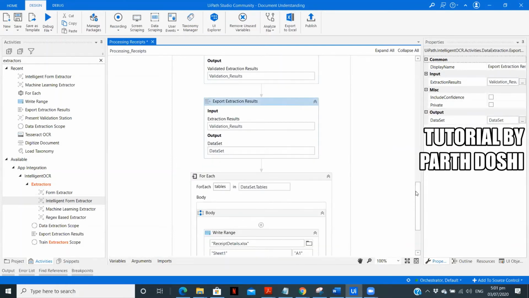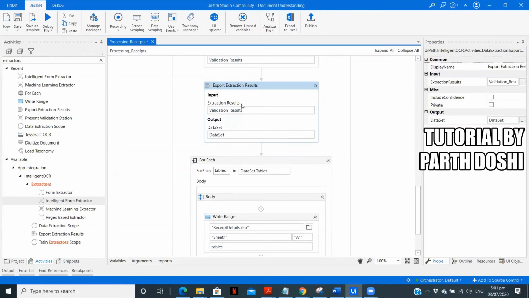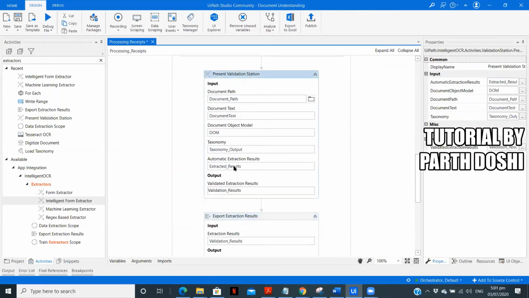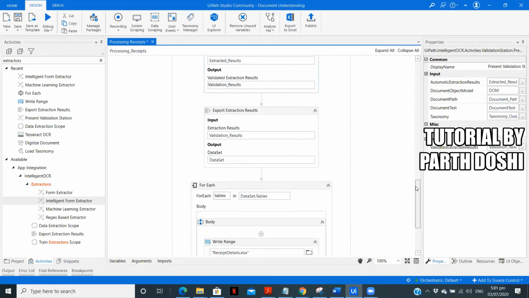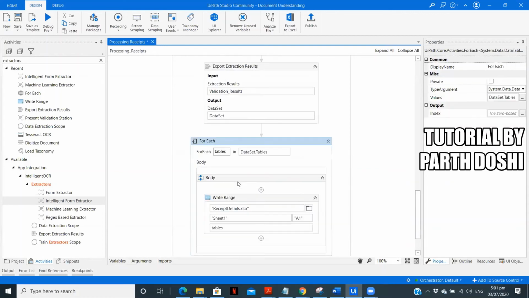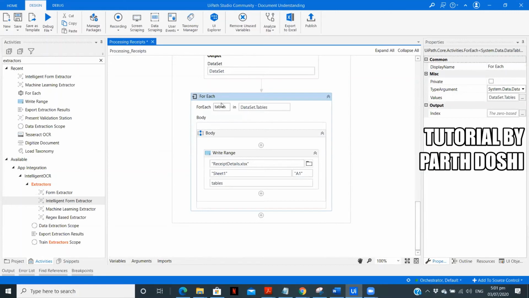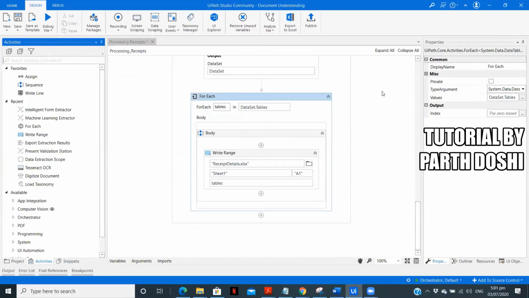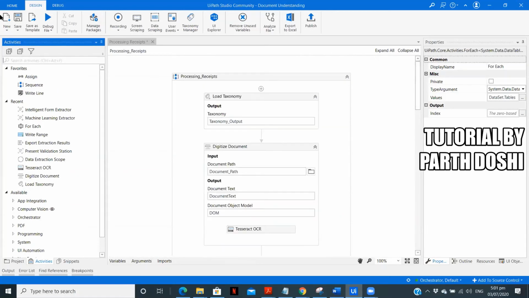Then later, exporting the extraction results. Here I've created the validation results from the present validation. I will validate the results and pass that to export extraction results. Then for each table in dataset.tables, I'm writing it into an Excel file, which is receipt details. Now let's run it and see how this is working.